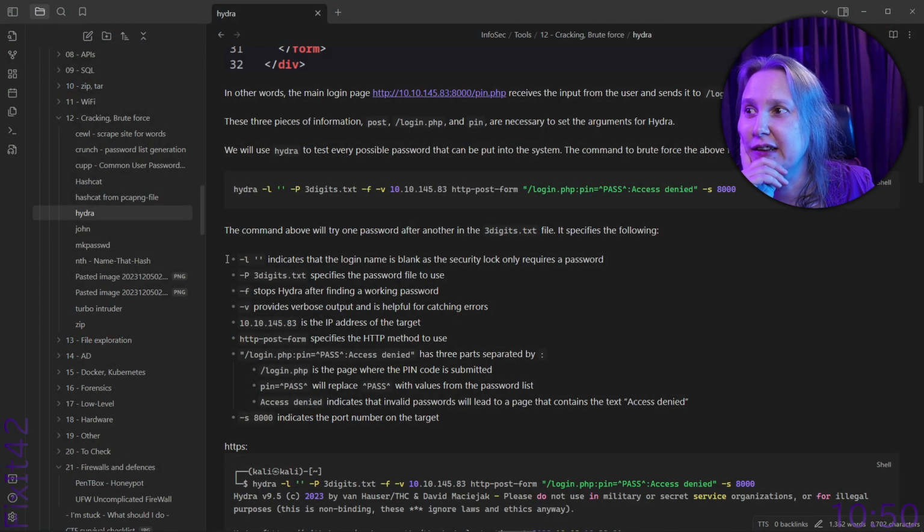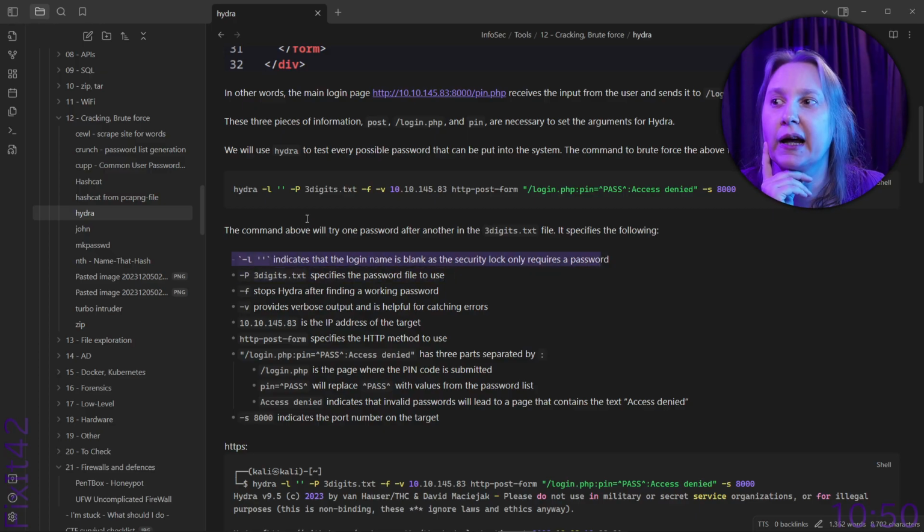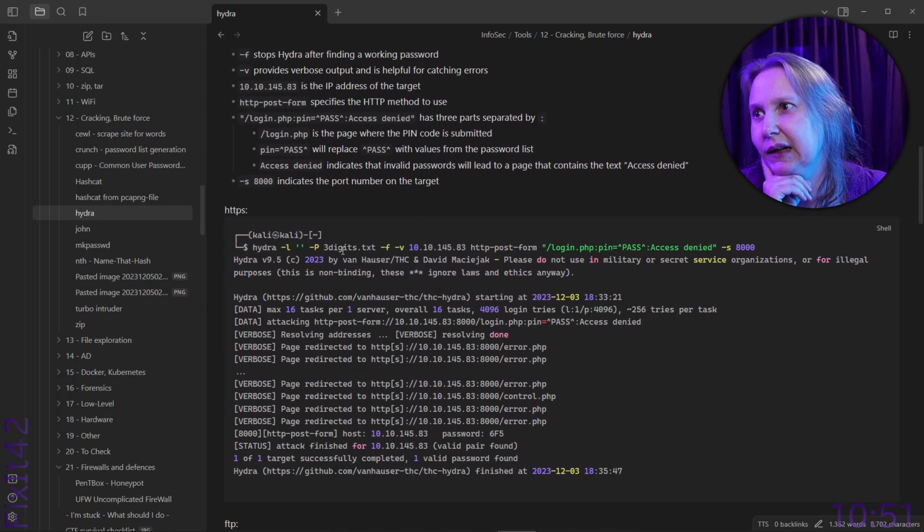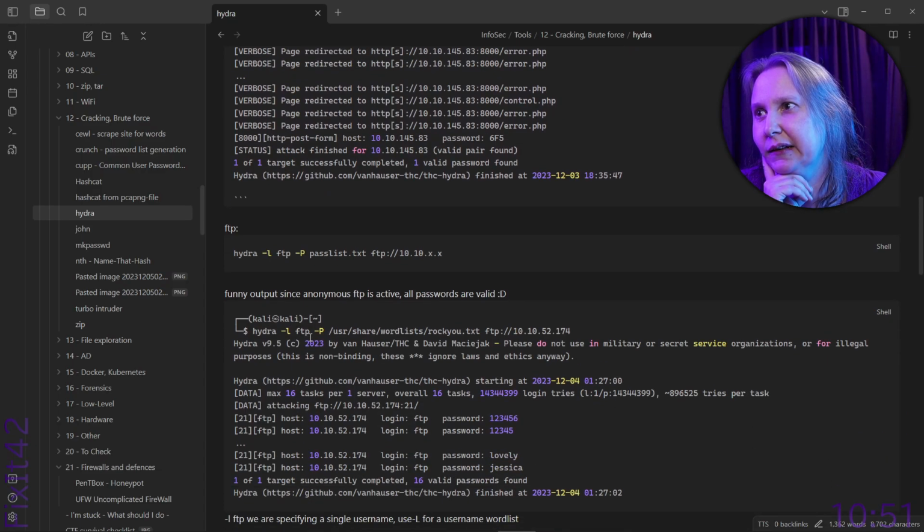I think this is from a TryHackMe box on Hydra. So these are the common ones there. I had this on the HTTPS one, and here it was just missing. Or this is the username for this one.